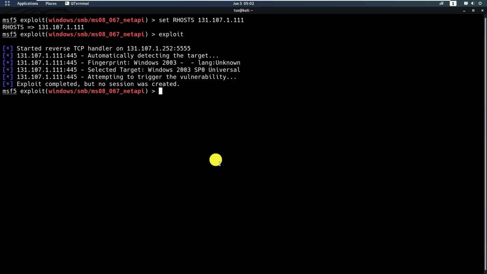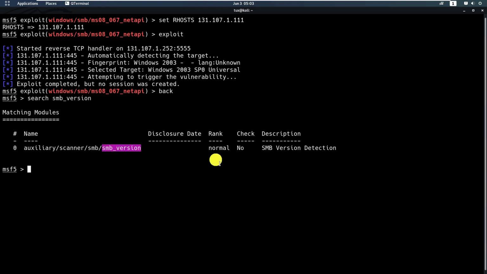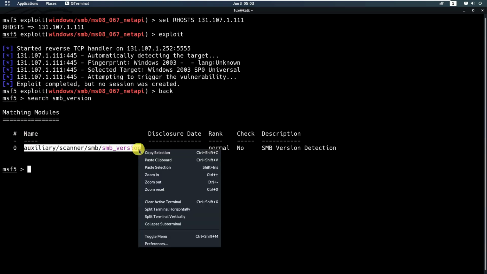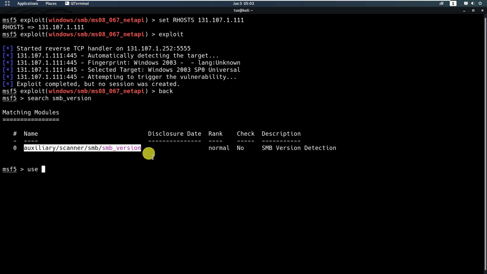Okay, so it might be because of the target which was not actually successfully exploited. So we need to change this. So for example, you can type back and then you just type search for SMB version. So we need to test the version number, so I will use this. Use this and then set our host